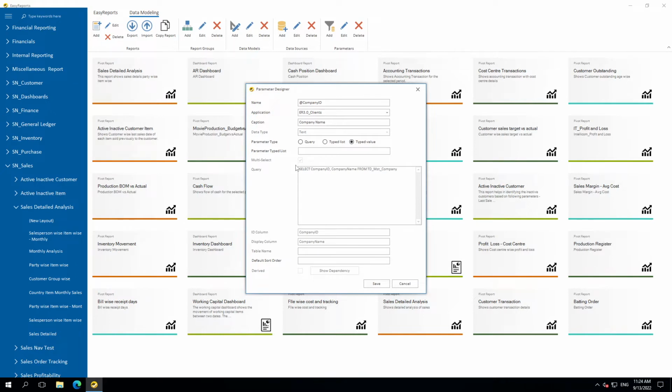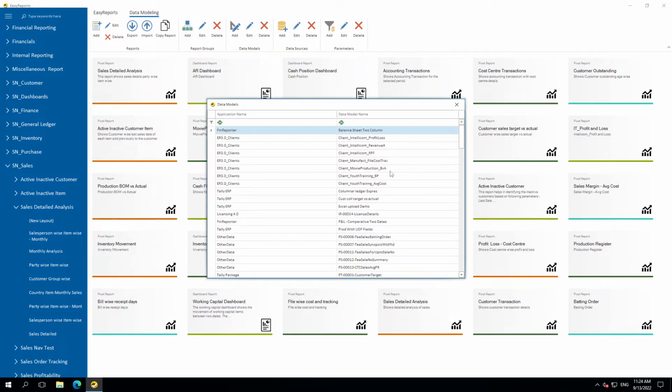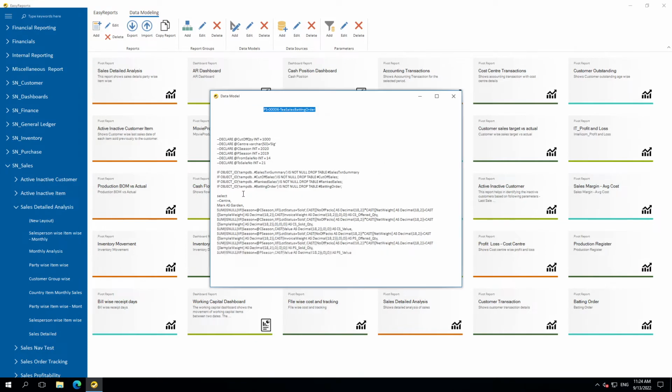You want the query to work with the like operator and to search within item names or customer names. So you can have the user type out a value. That is possible with the type value option. These are the different parameter types which can be used. And then when I define my data model, let's look at